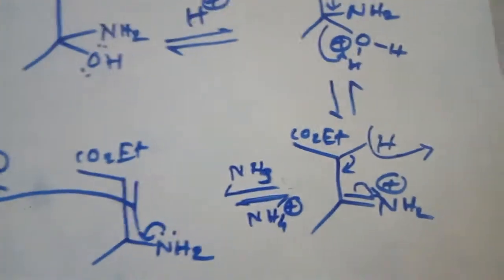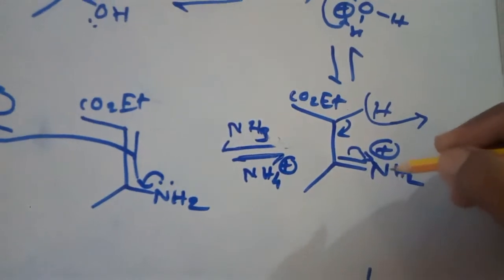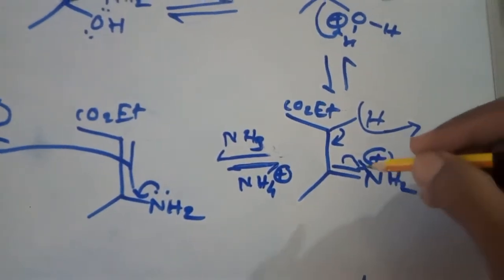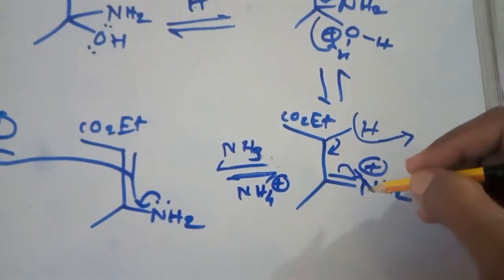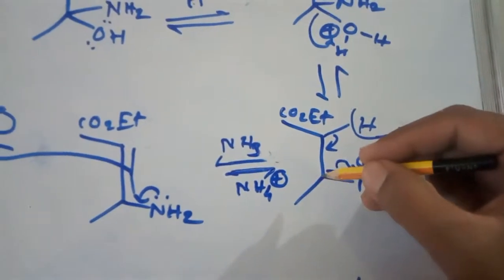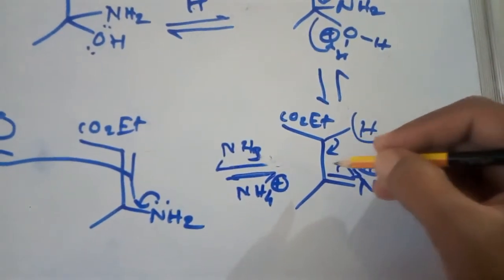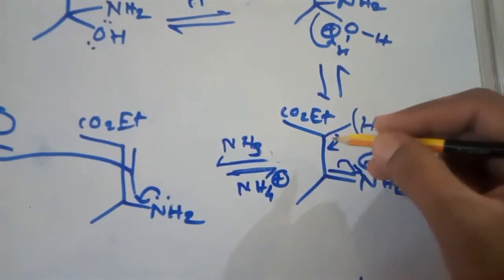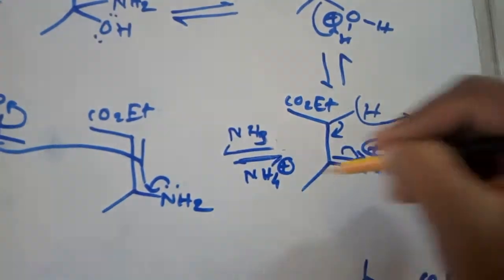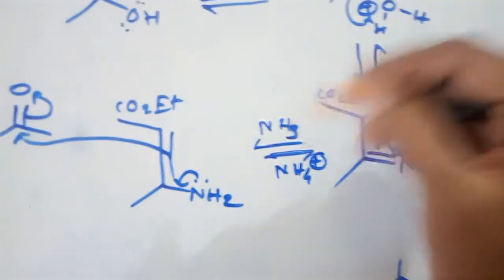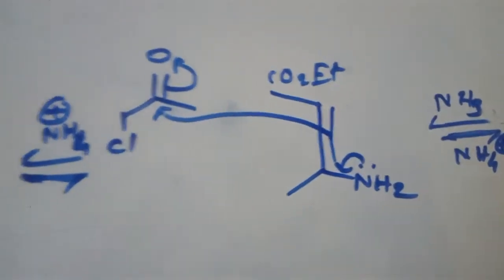Next step, this nitrogen, NH2 having plus charge because of 4 valency, will take electrons from this double bond, pi bond, making this carbon electron deficient, and because one hydrogen is here which will be lost by keeping electrons on this carbon, which will be shared here, a double bond will form, and this NH2 is neutral. Next step, this NH2 group